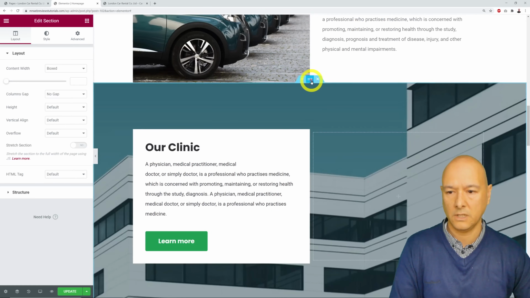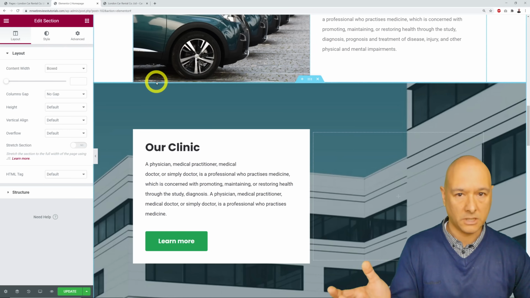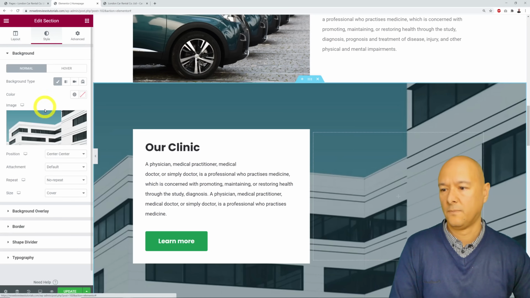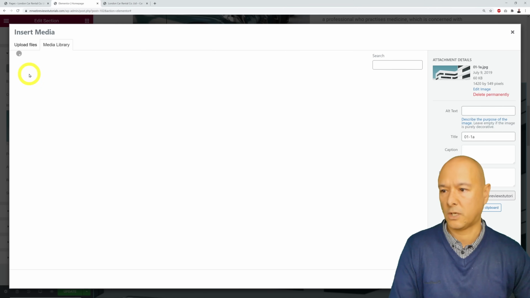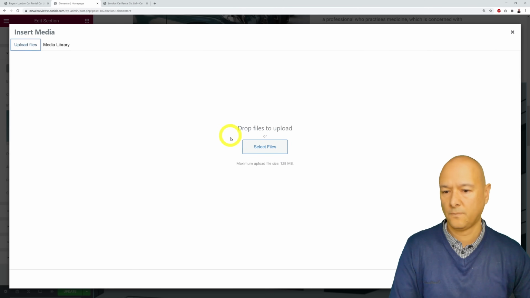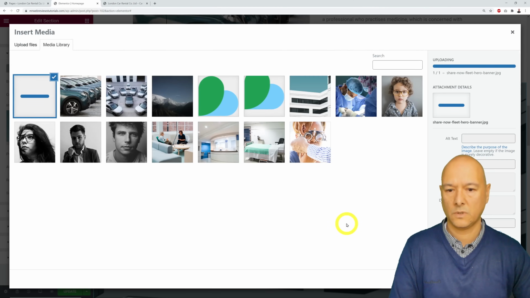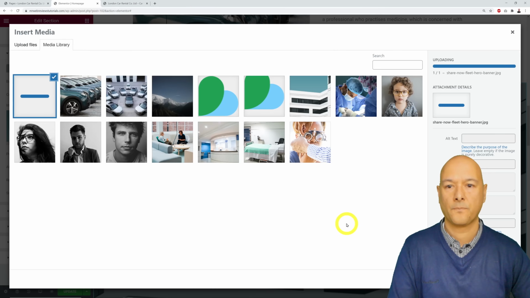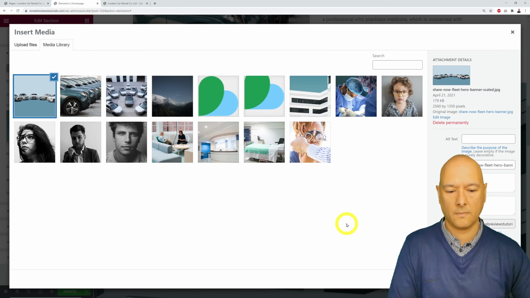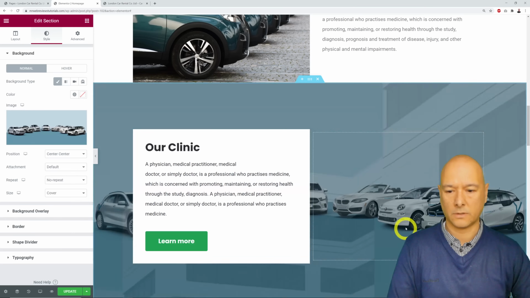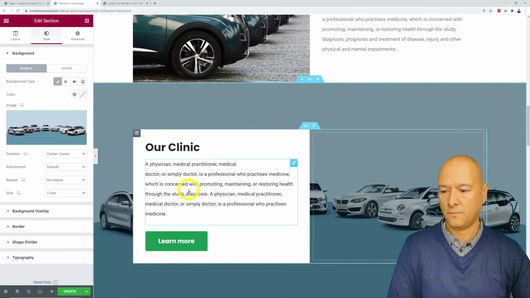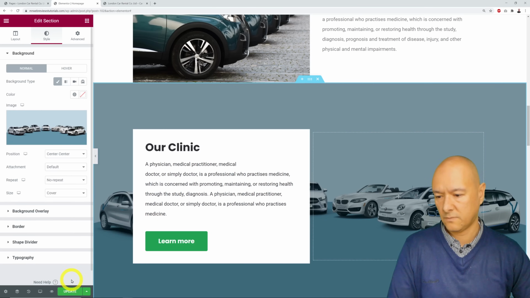So let's click on this. Again, edit section, style, and we're going to select our new picture. So upload files, select files, and I found this one here, which is pretty cute and nice, which would suit perfectly. Okay. And then insert. There you go. So now if we update this, update,